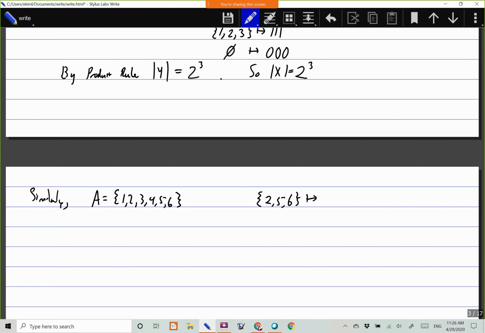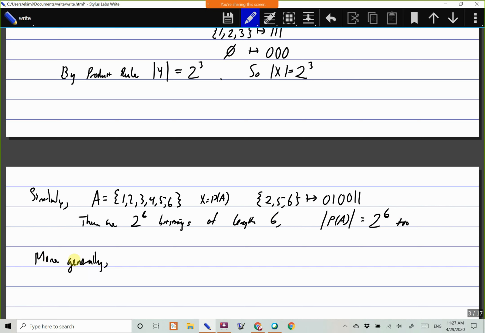So for instance, my x here is again the power set of A, but then this subset should get mapped to 0, 1, 0, 0, 1, 1, right? And since there are 2 to the 6th bit strings of length 6, I hope you can see from here that the cardinality of x, in other words, the cardinality of the power set of A here, is 2 to the 6th also. Okay, more generally,